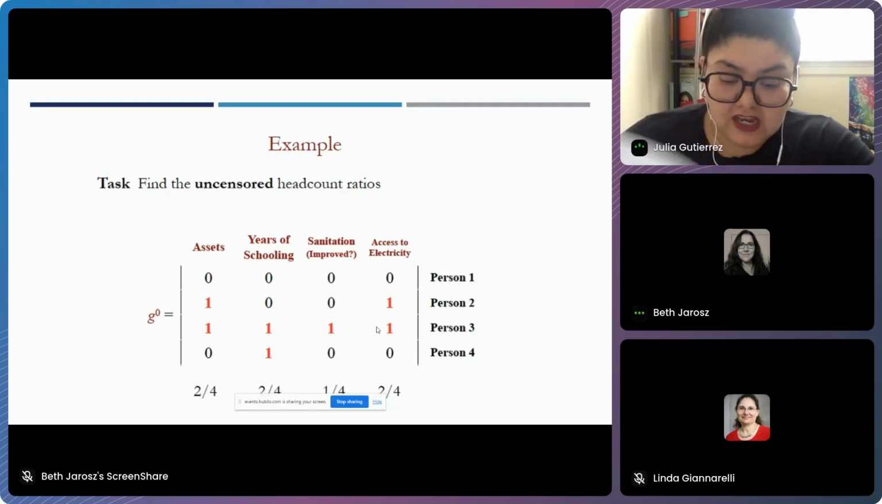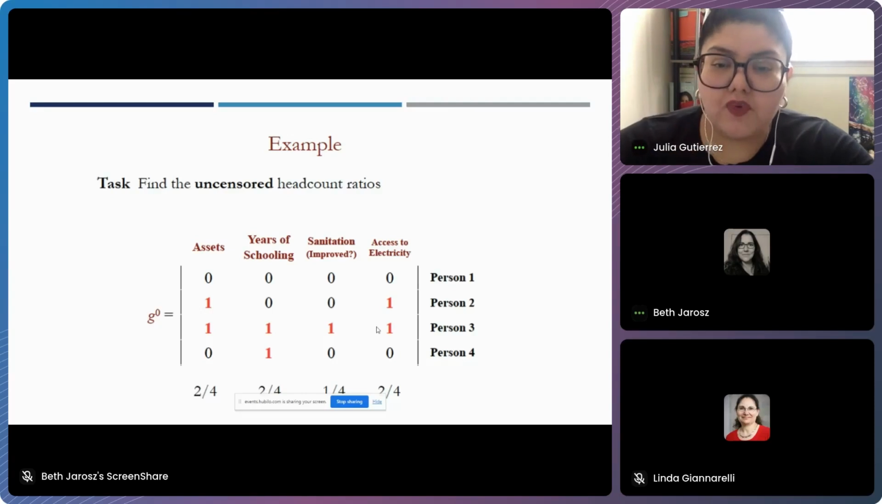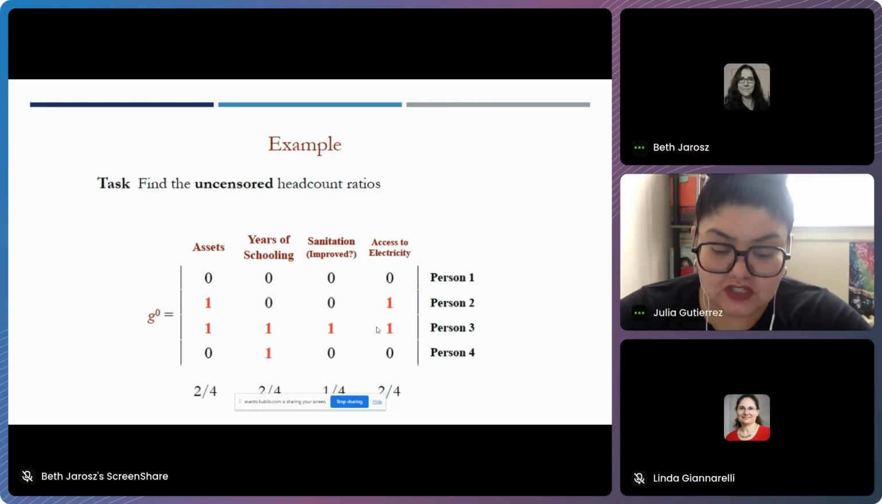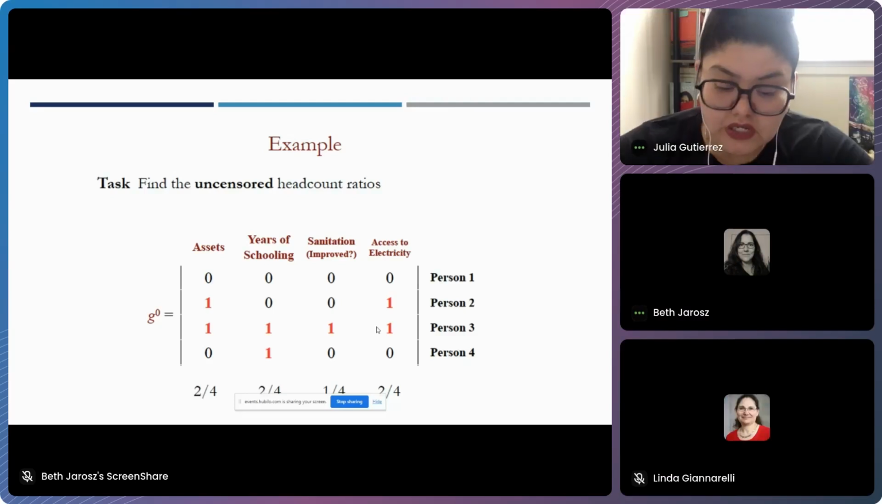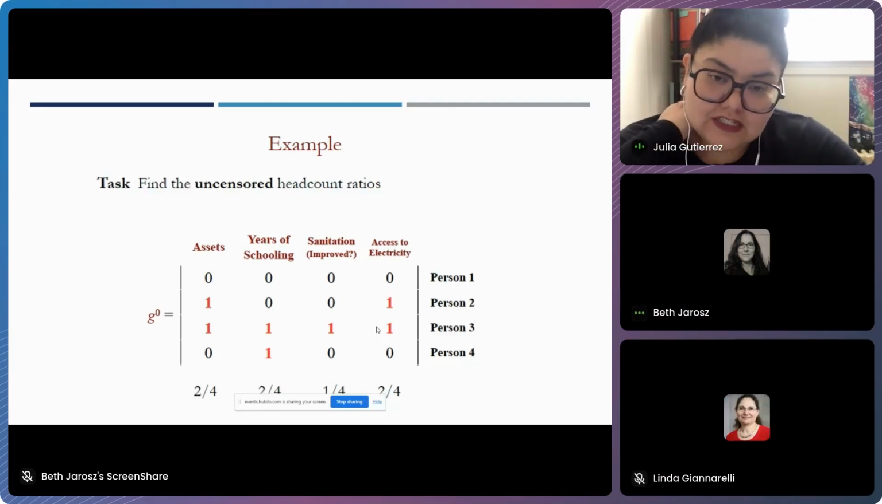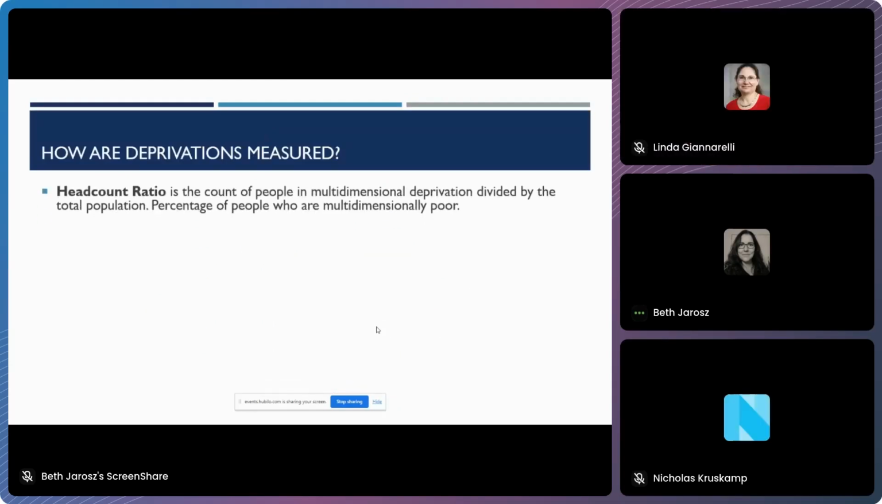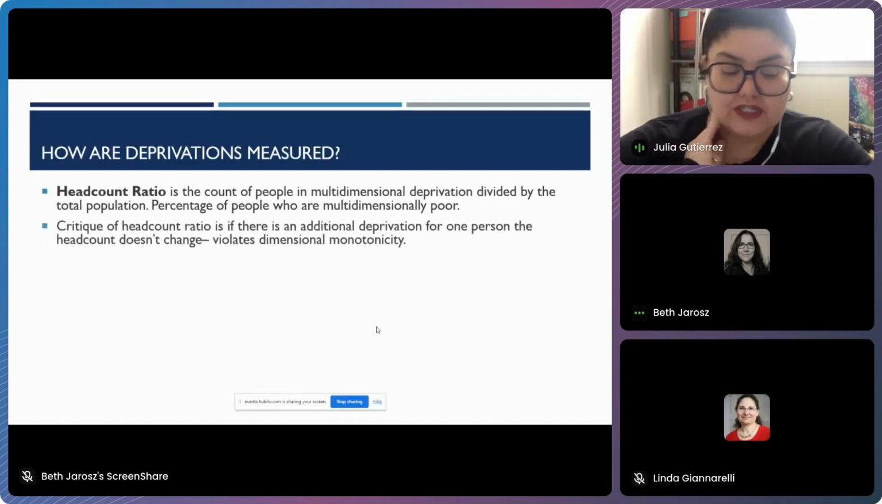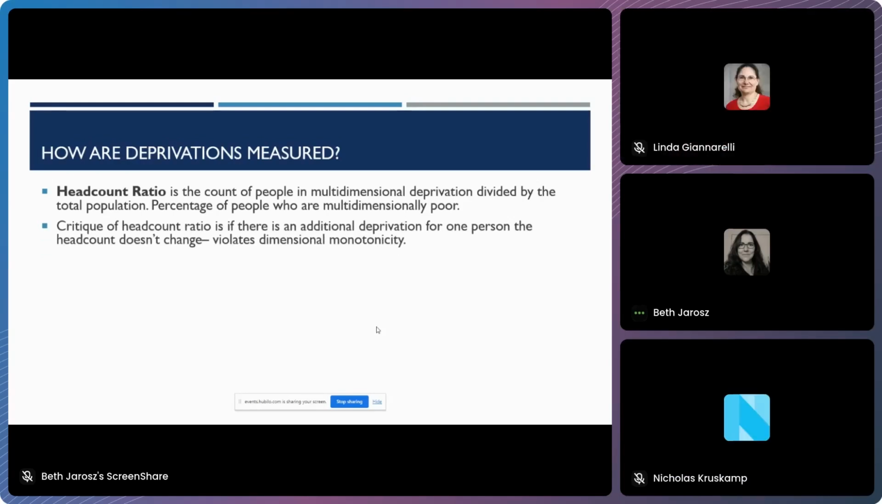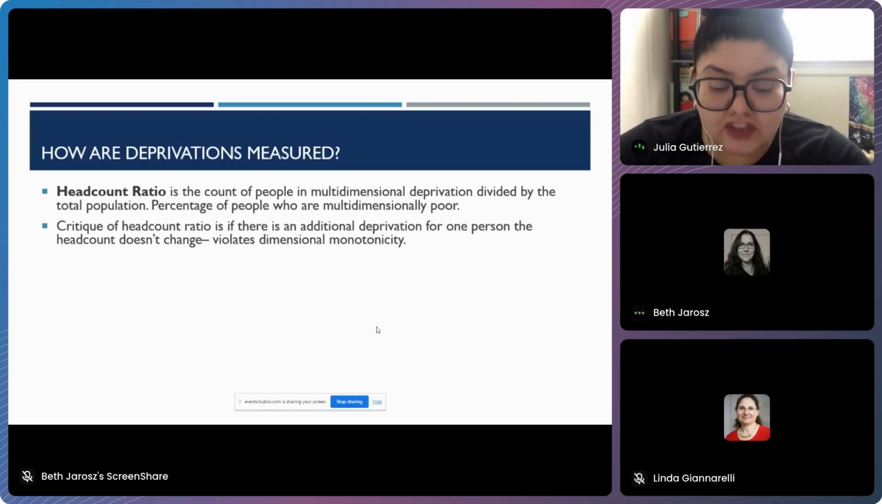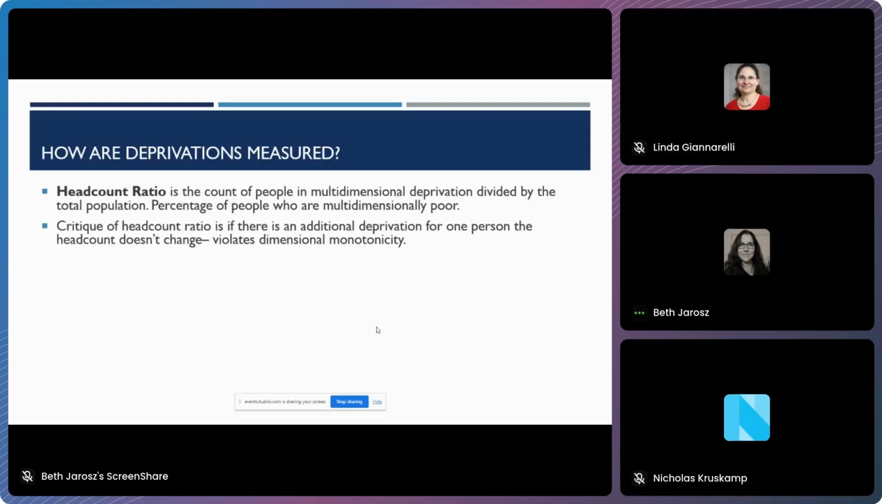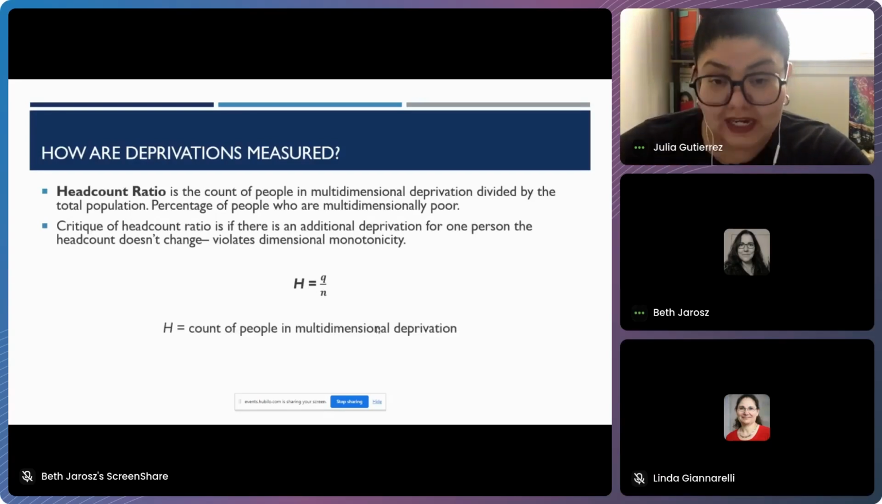So then how are we measuring these deprivations? The headcount ratio, you can click next, is telling us the percentage of people who are multidimensionally poor. However, one of the critiques of this headcount ratio is that if there is an additional deprivation for one person, the headcount doesn't change. So then what we need to do is create and apply an adjusted headcount ratio,